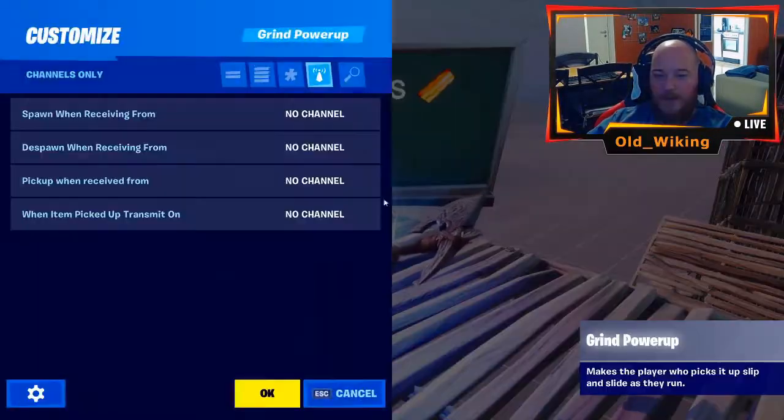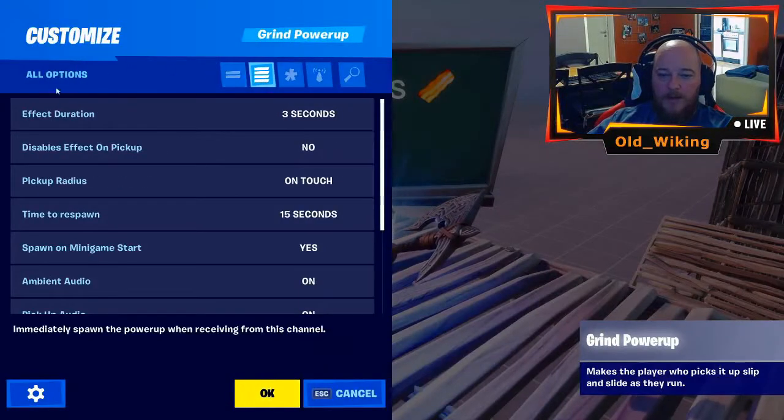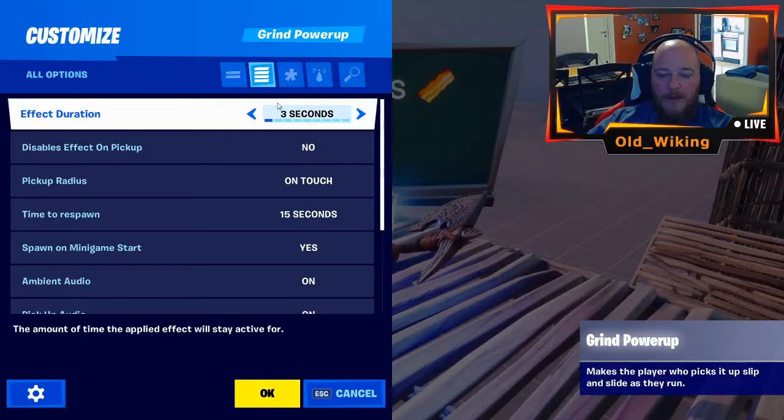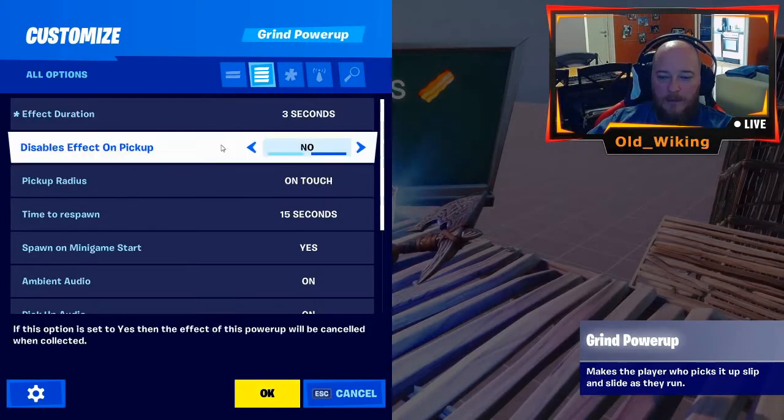So settings on this one. Push this one so we can go through all of them. Effect duration. I want this to last for 3 seconds. You can go from infinite to 3 seconds. I want 3 seconds. You don't have to change anything